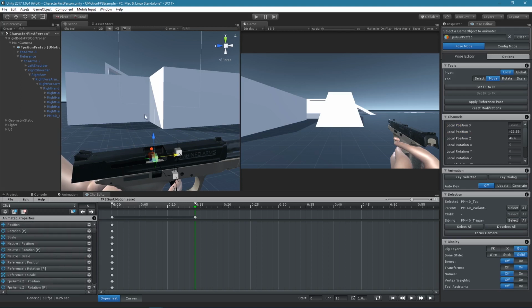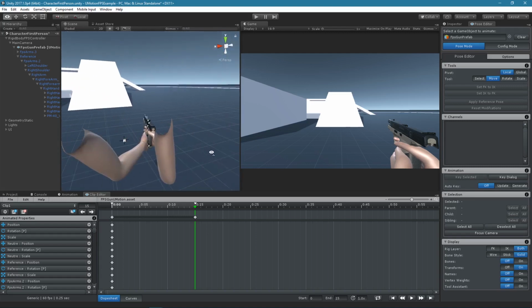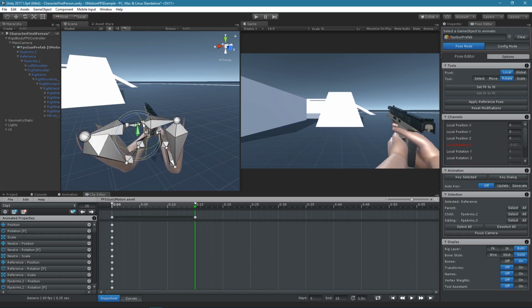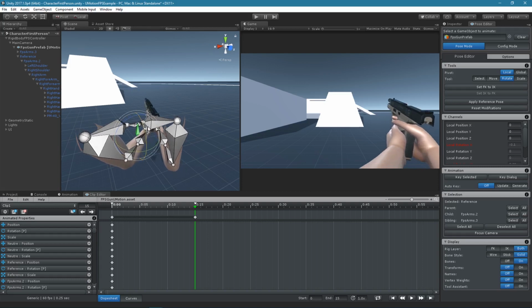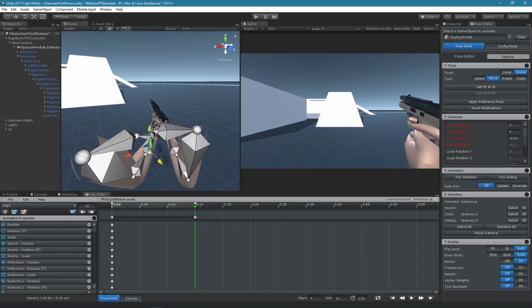Next, we will add some recoil to the animation. The easiest way is to do this through the topmost bone, as it will affect the arms and the pistol at the same time. Slightly rotate everything upwards. Use the Move tool and set Pivot Mode to Global. Then move the whole rig a little bit backwards. Use the Game View to check if this will look good in-game. Click on Key Selected Key All to add our changes to the current pose.